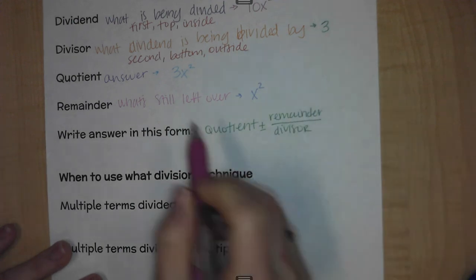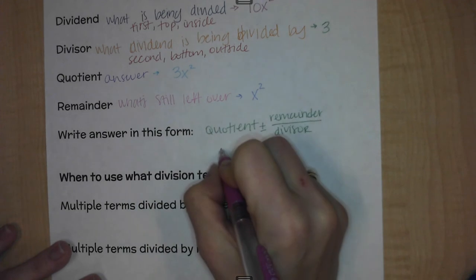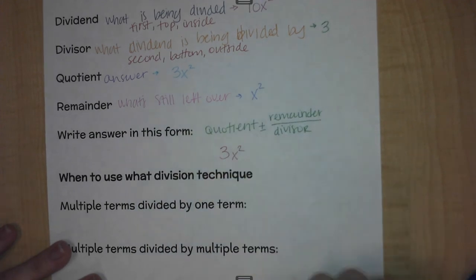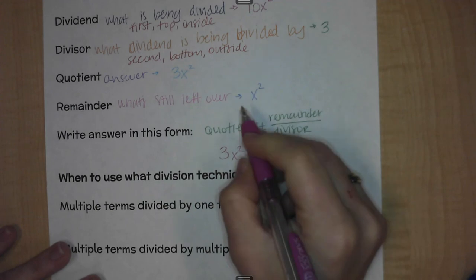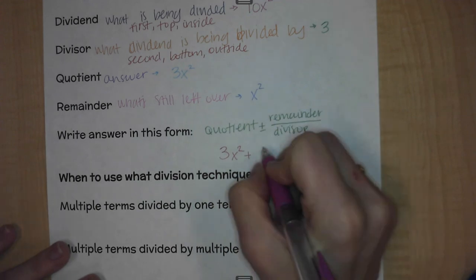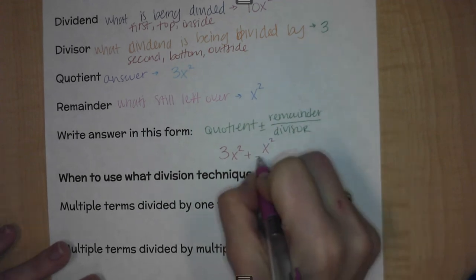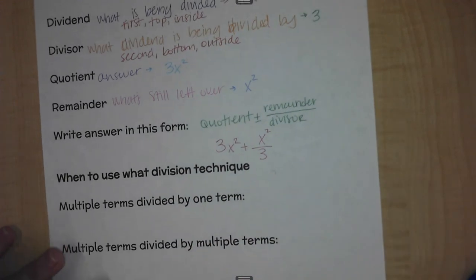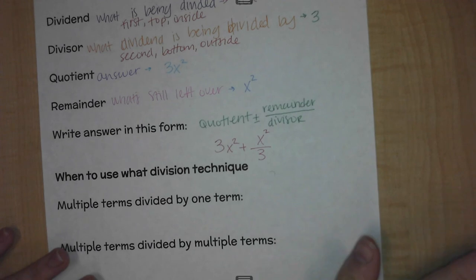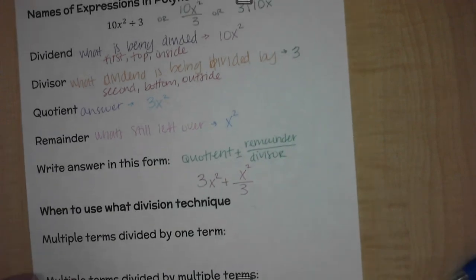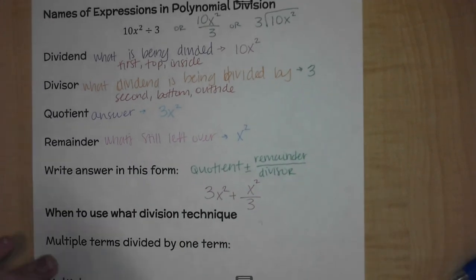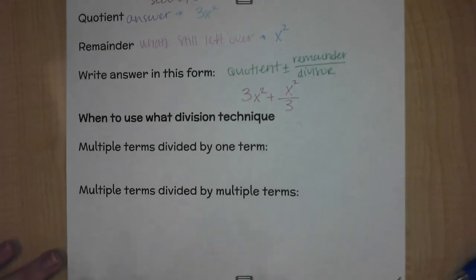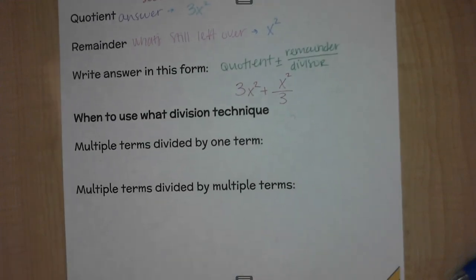So in our example, our quotient, or our answer, plus, because the remainder is plus, the remainder x squared over the divisor of 3. This is how our answers are going to look. Doesn't matter which way of division we work, okay? And then we're going to have a couple of different techniques. So if we have multiple